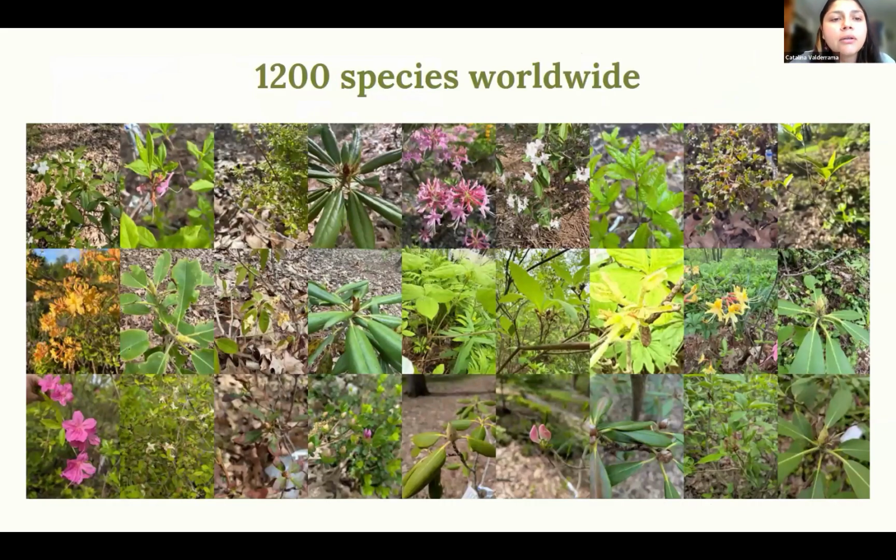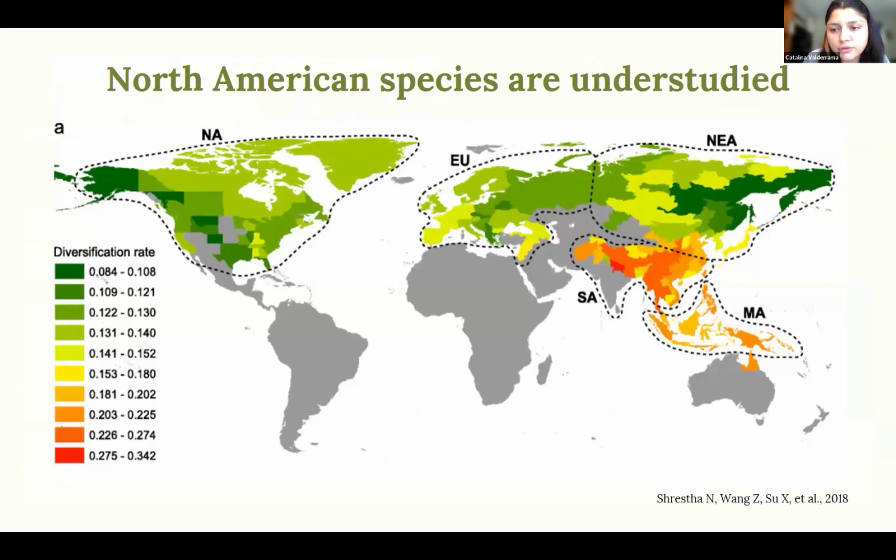So we already know that there are around 1,200 species worldwide, but most of the work on rhododendrons, specifically on VOCs, has been focused in the Asian area. I'm showing here this map, which shows the diversification rate, but I'm trying to picture the distribution of rhododendron species worldwide, and how the native North American species that we have are understudied, specifically from the VOC perspective,